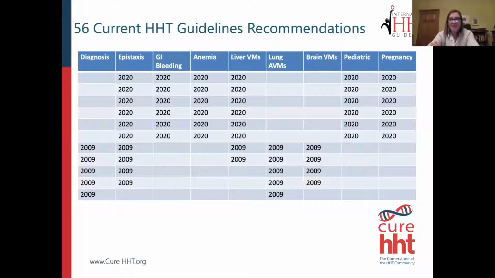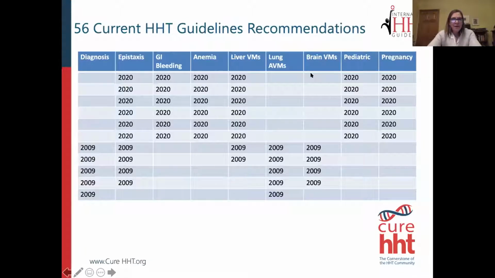So this is a funny looking table, but I've set this up because I wanted to show you what our priority topics were for the 2020 guidelines, or 2019-2020, which was nosebleeds, GI bleeding, anemia, liver vascular malformations, pediatric care, and pregnancy and delivery.